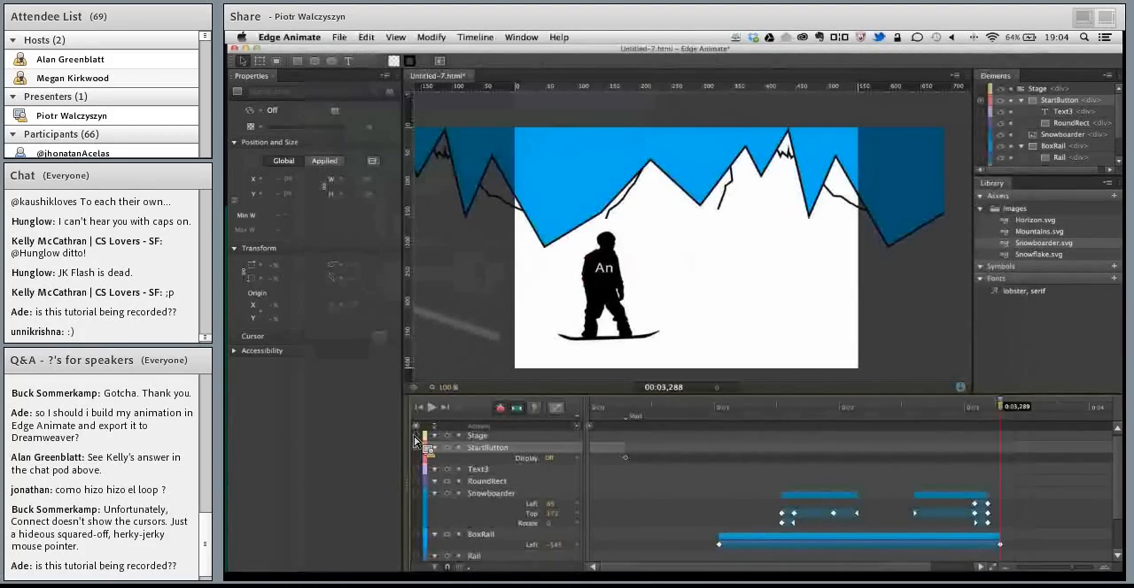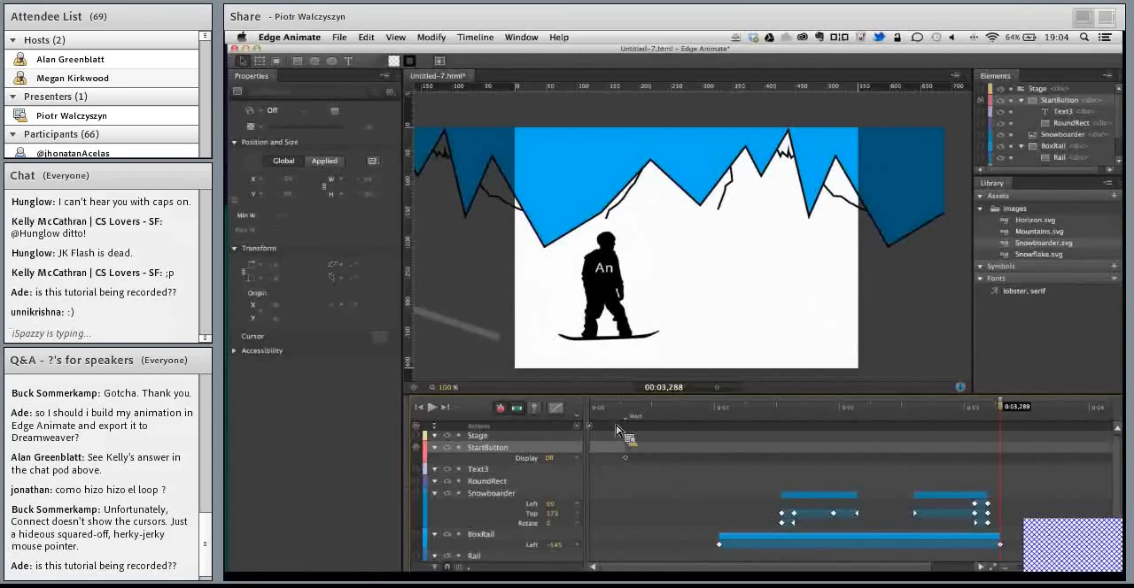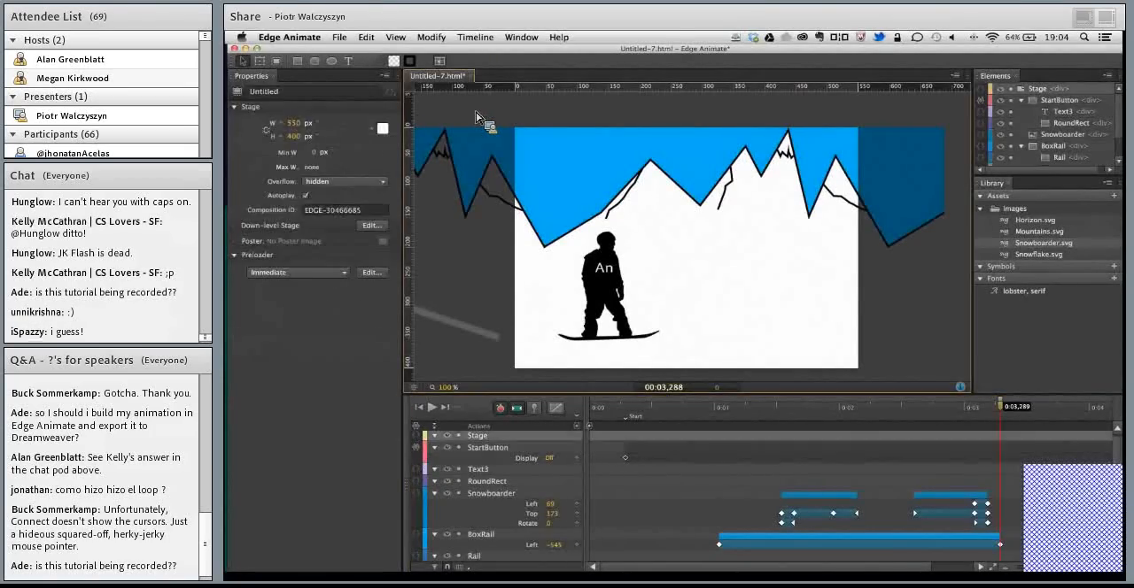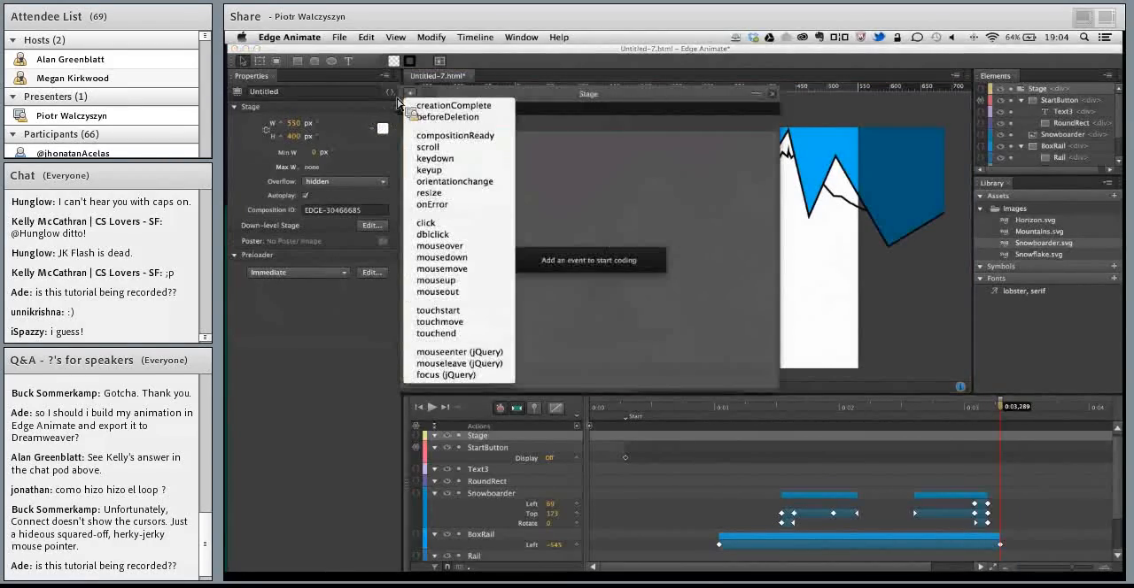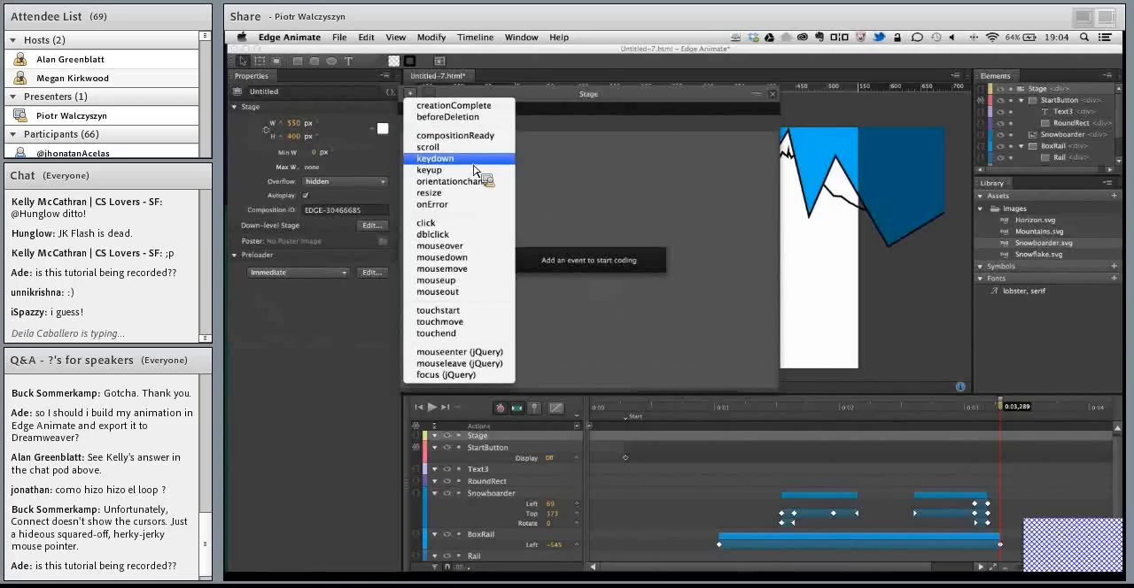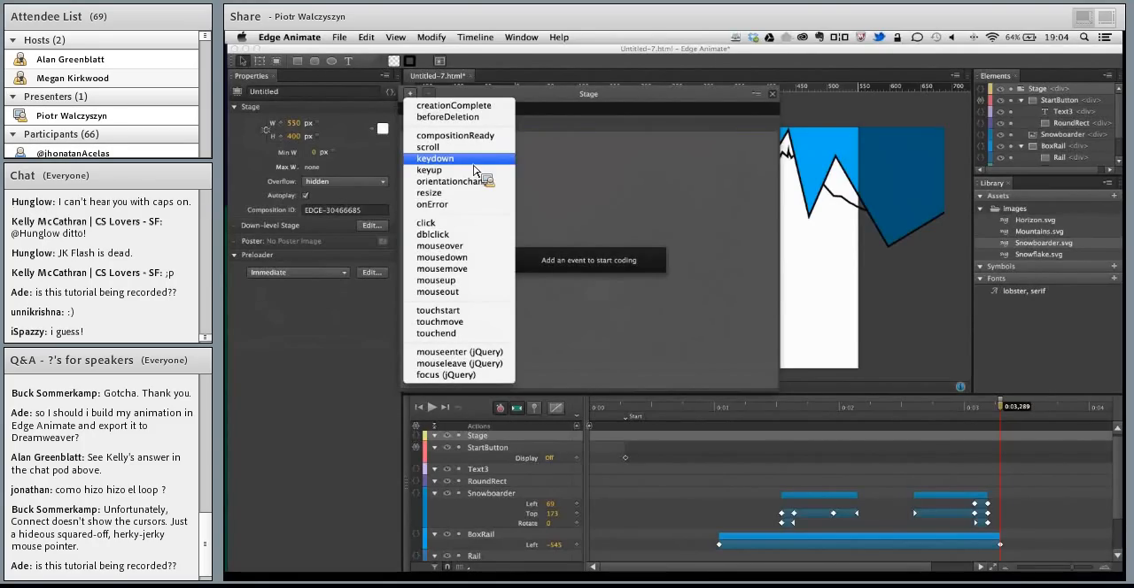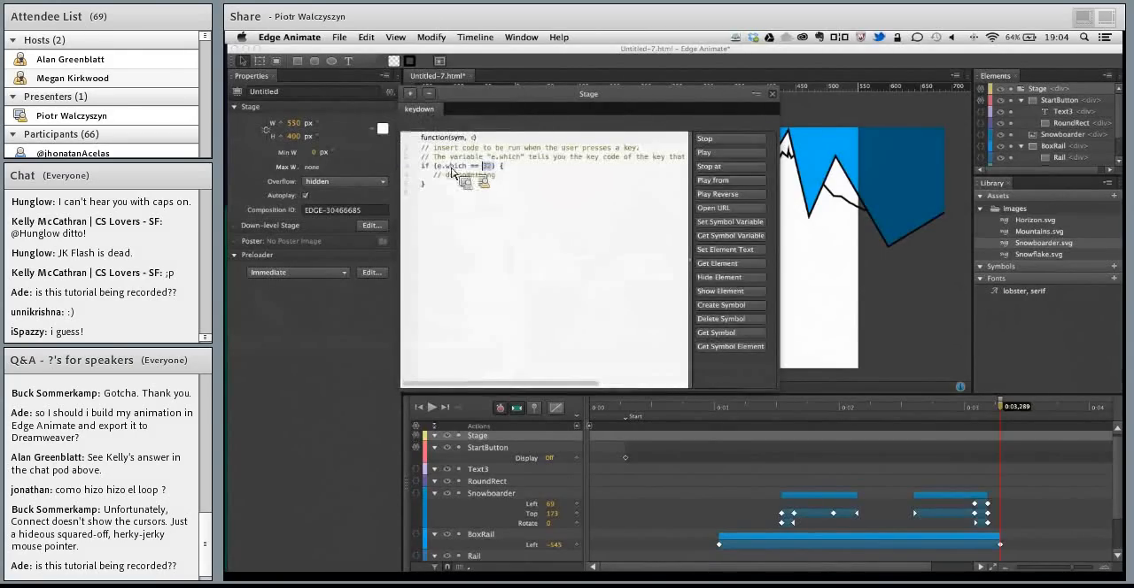That was one thing. So you saw the actions on the timeline level, you saw actions on the element level, you saw labels and triggers. And one last thing, let's say on the stage level. So I have my stage selected here. I have a couple of other events that I can listen to on the stage level. Let's say I want to listen to a key down event, so when the user presses the space bar, it will stop the animation,